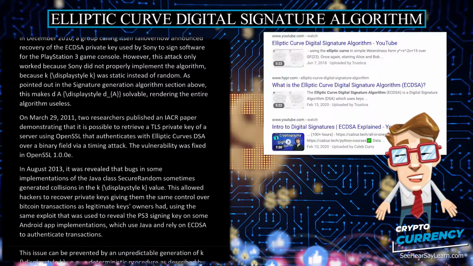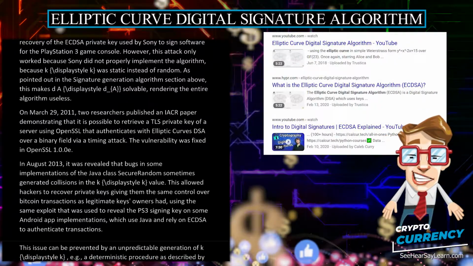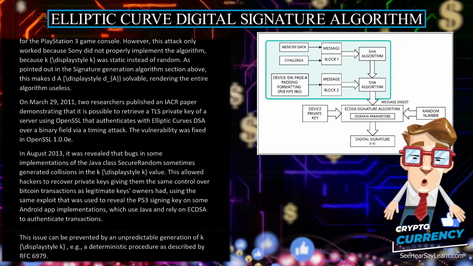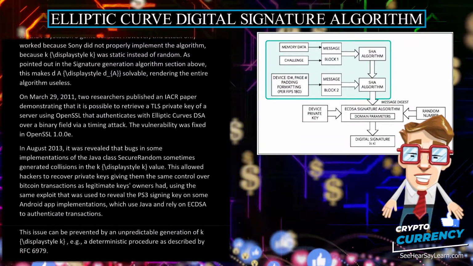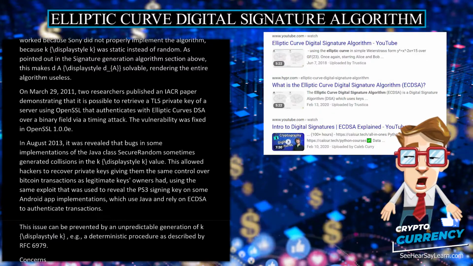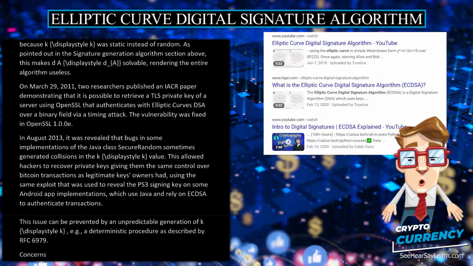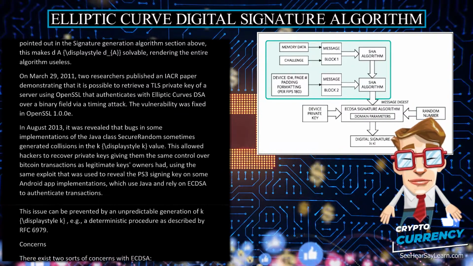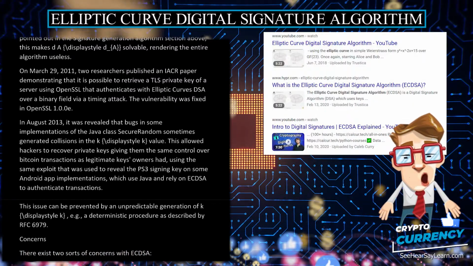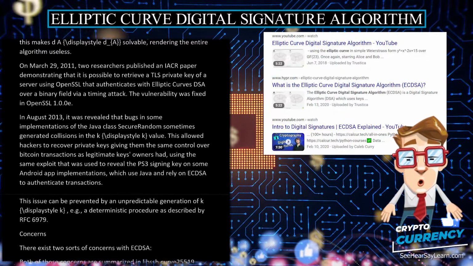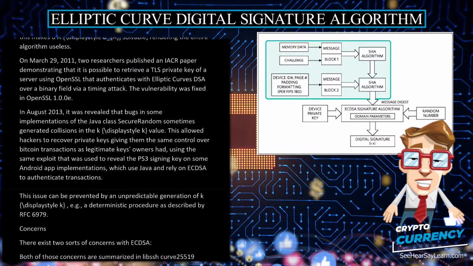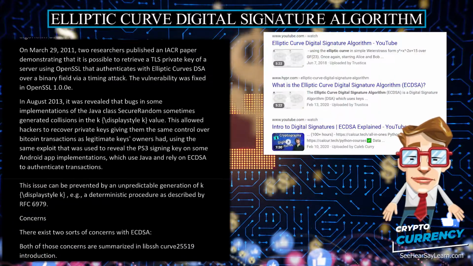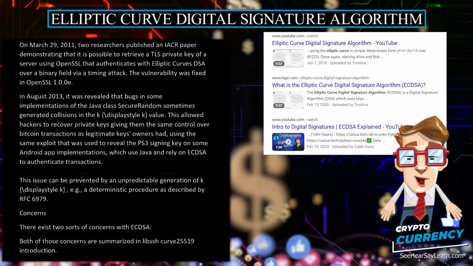value. This allowed hackers to recover private keys, giving them the same control over Bitcoin transactions as legitimate key owners had, using the same exploit that was used to reveal the PS3 signing key on some Android app implementations, which use Java and rely on ECDSA to authenticate transactions. This issue can be prevented by an unpredictable generation of k, for example, a deterministic procedure as described by RFC